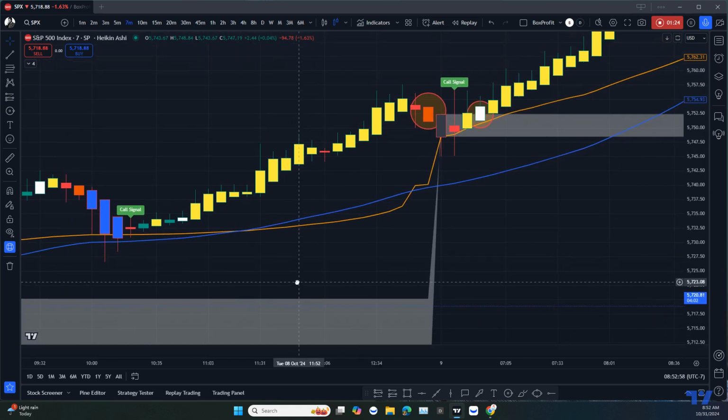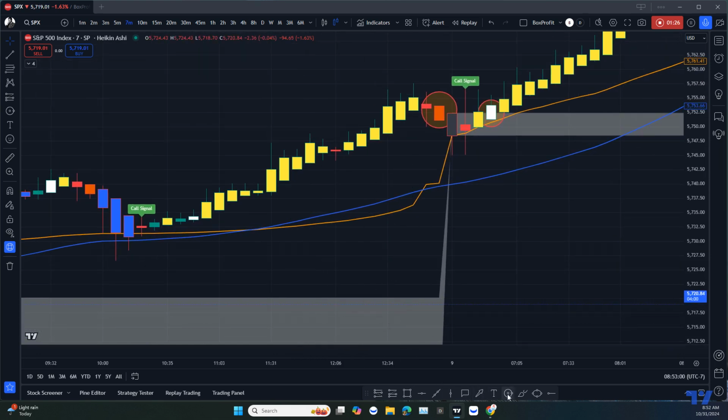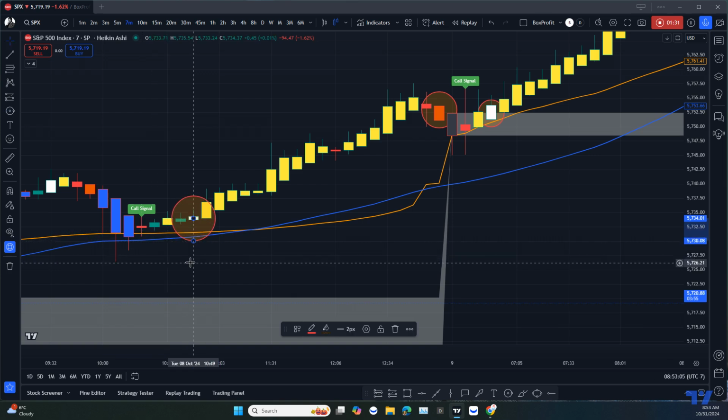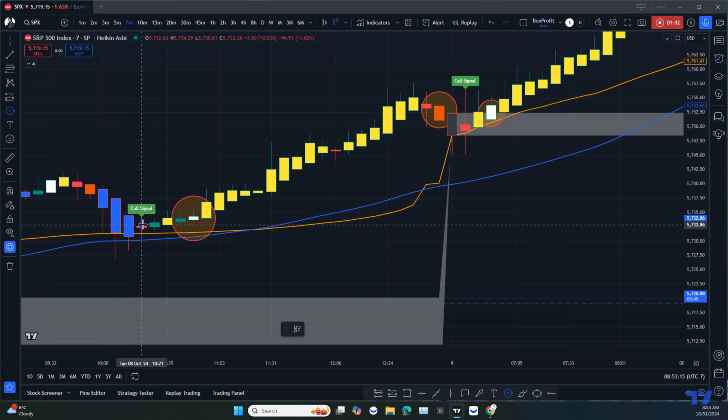And one of those examples is right here. We do get that white candle right here. Remember, we are above the gray line here. We are above both lines, the VWAP and the 50 period moving average. We did get a buy signal here. We did get a signal here for a call option. Okay, and that signal was followed by that